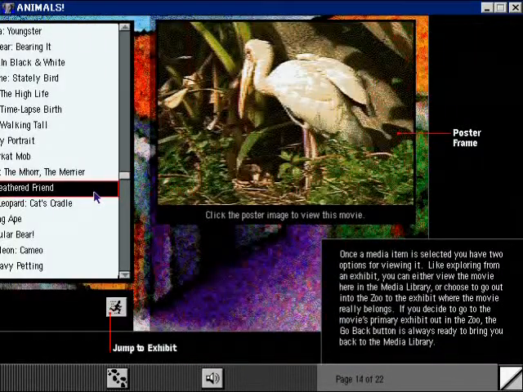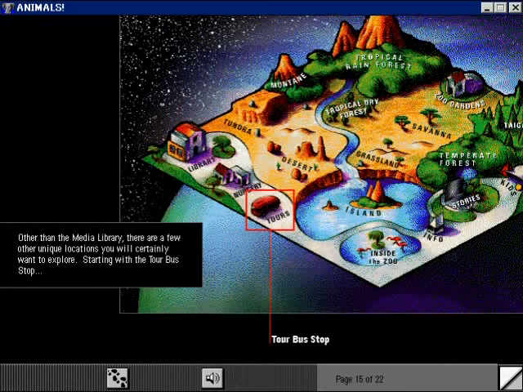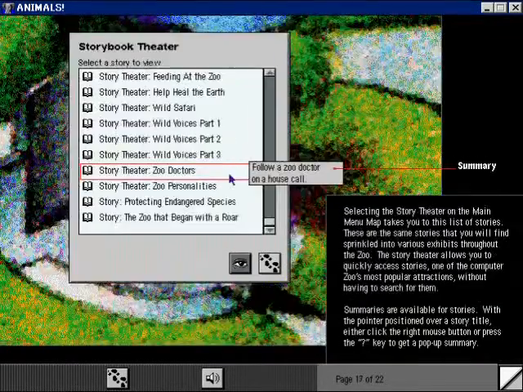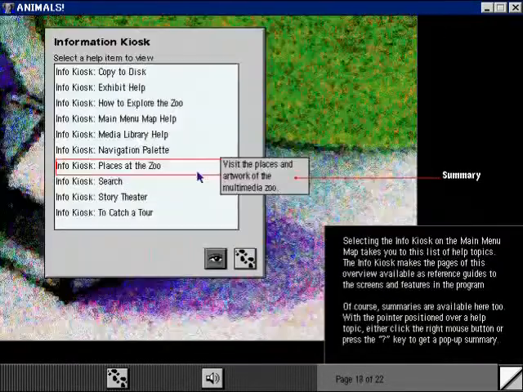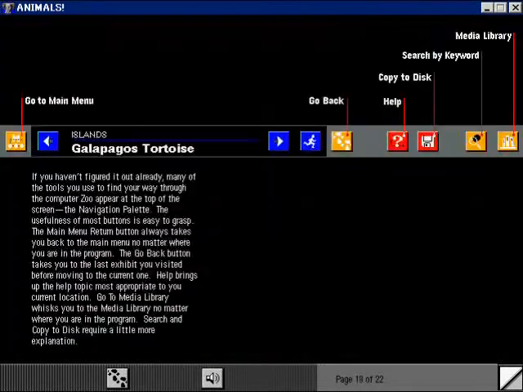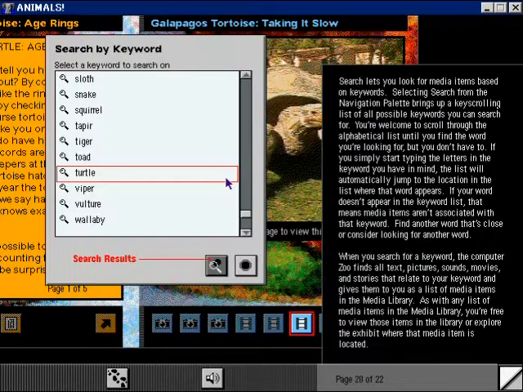Once a media item is selected, you have two options for viewing it, like exploring from an exhibit. Other than the media library, there are other ways to find your way around: selecting the tour bus, selecting the story, selecting the info kiosk on the main menu map. If you haven't figured it out already, many of the tools you use to find your way through the Computer Zoo appear